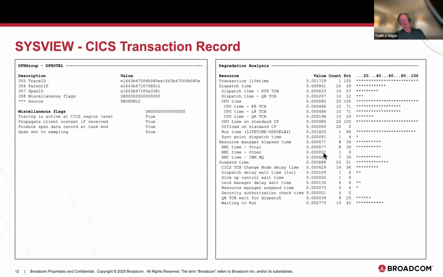I copied this part here on the right, which is a look at what we refer to as degradation analysis. In that OTel record, the only thing you're getting that's metric oriented is pretty much how long that span ran.